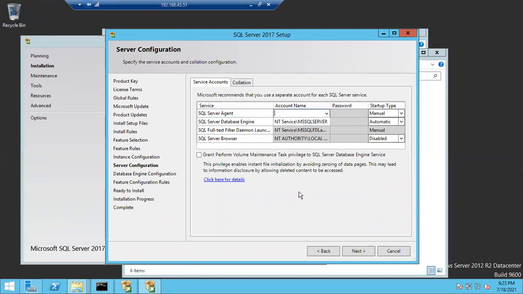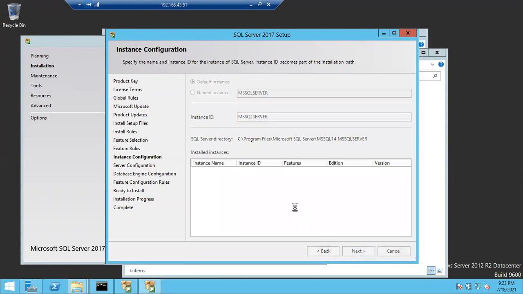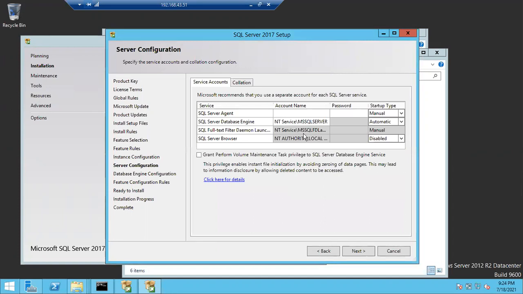Okay, come on. Let me go back. Let me go next. I guess it won't come now. It's not coming. There should be an NT service agent account there, but it was missed. So what can we do for that?